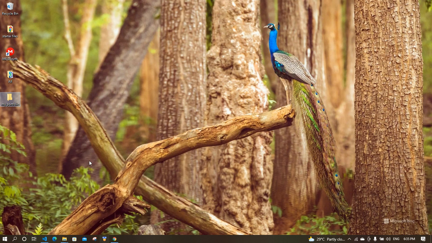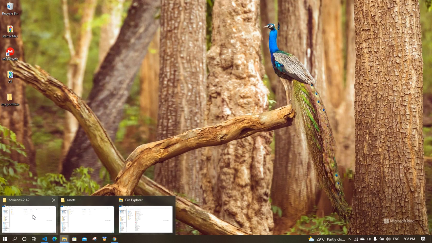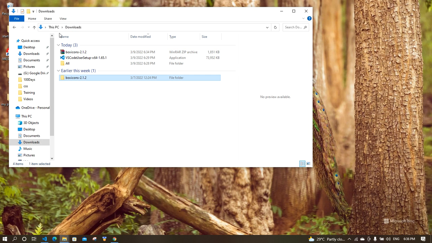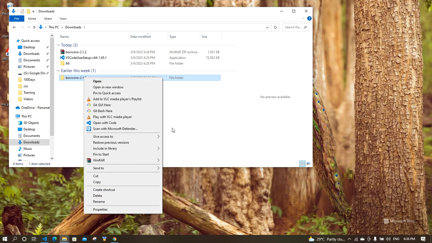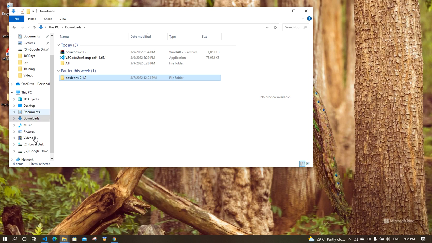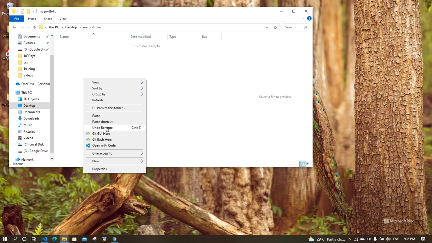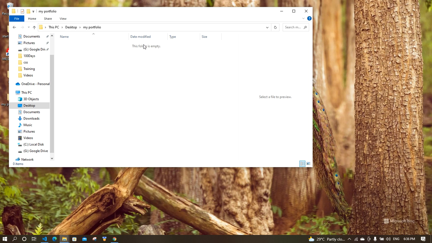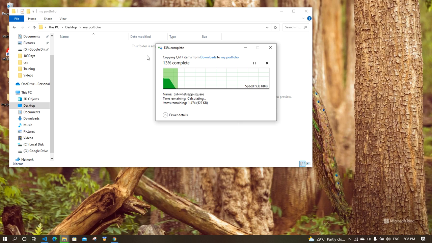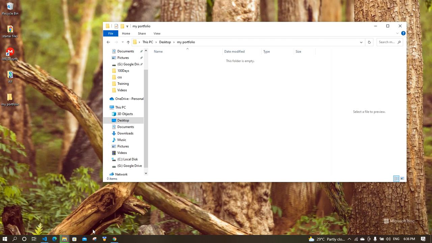So go to your download folder, copy the starter file, then go paste it inside your desktop, then go into my portfolio folder and paste it there. Alright, so while it is copying,